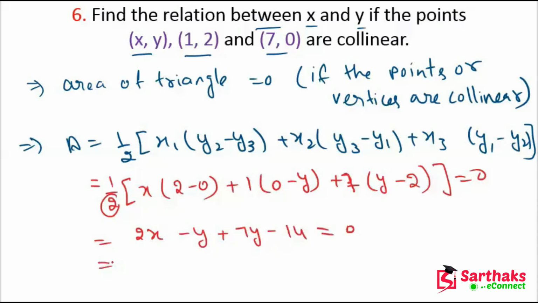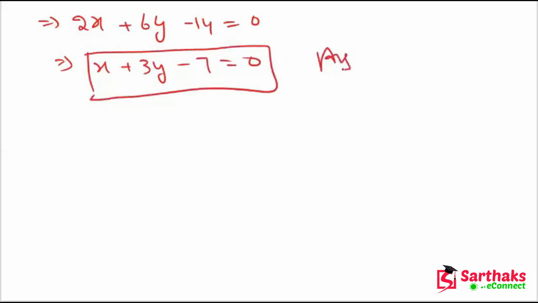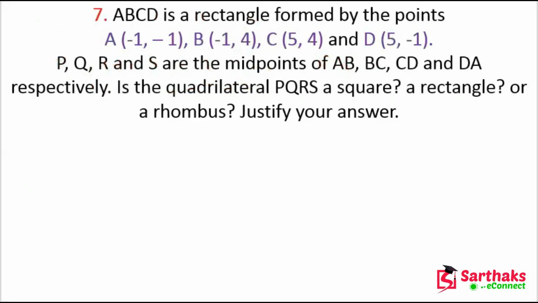So this will become 2x plus 6y minus 14 is equal to 0. If we take 2 as common, we get x plus 3y minus 7 is equal to 0. So this is our required answer. Okay, yes. So the next question is,